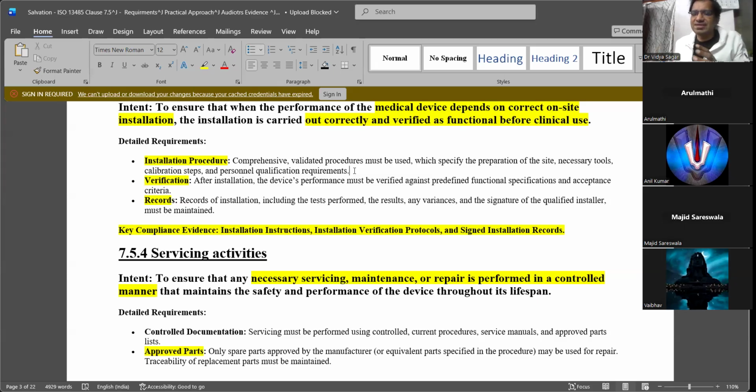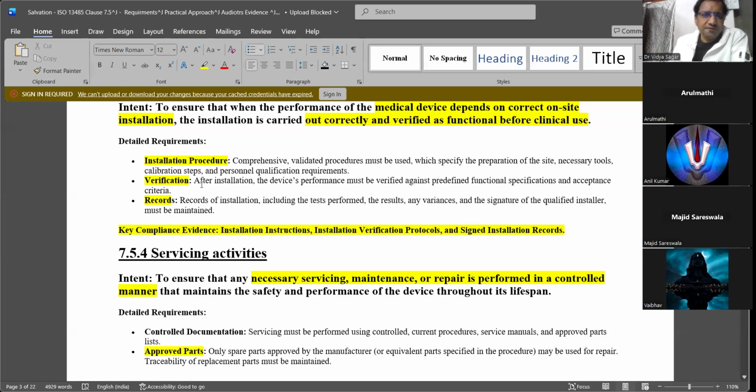All these activities will be written in the installation manual, but you need to record them. When he is installing, what are the spare parts he has used? What is the spare part number? What is the validation he has performed?